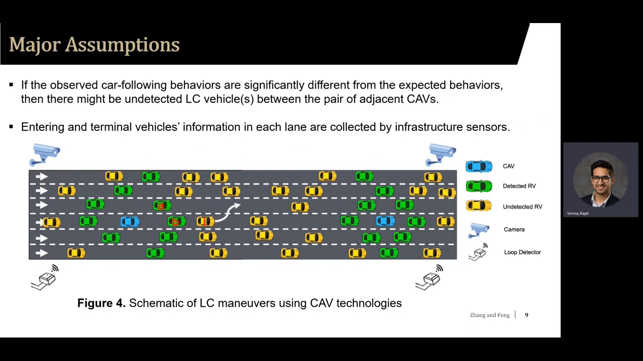So your algorithm needs to predict how many vehicles are in the system or not? We have a loop detector as an end. Yes, we have the loop detector at the beginning of the roadside and the end of the roadside. Also, we have the